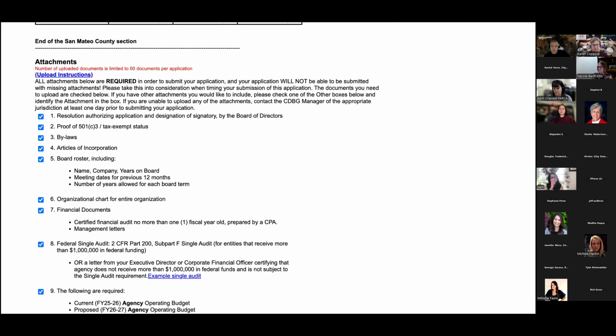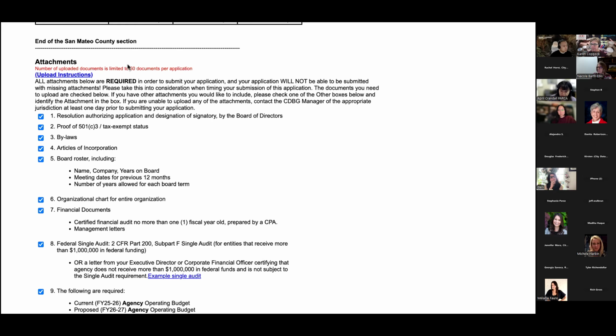Again, you do need to have all of these attachments uploaded in order to submit. And just one quick comment on that. If there's an attachment that isn't relevant, say they're asking for an environmental review or something that hasn't been done, just write a one line, say not applicable and why, and upload the document so you're able to move forward. So that's the way to make sure you can move forward even if an attachment is not applicable. Perfect. Alrighty. And then we do have this note.